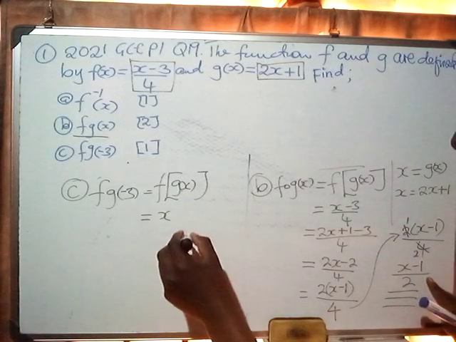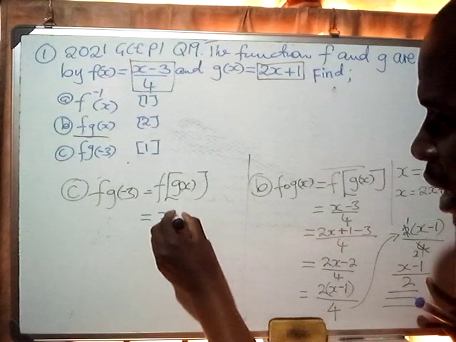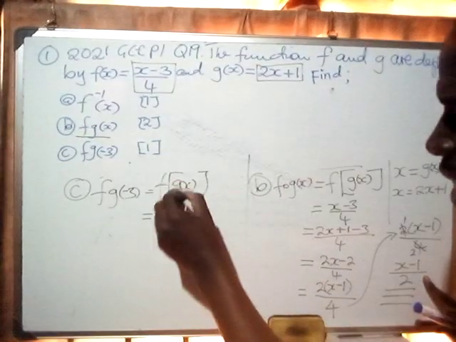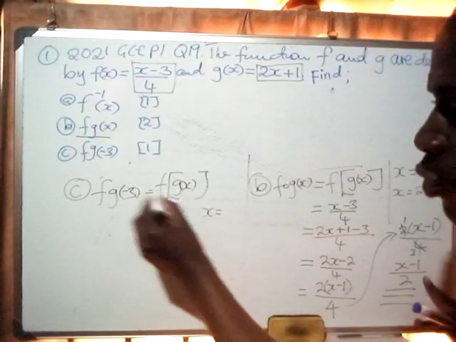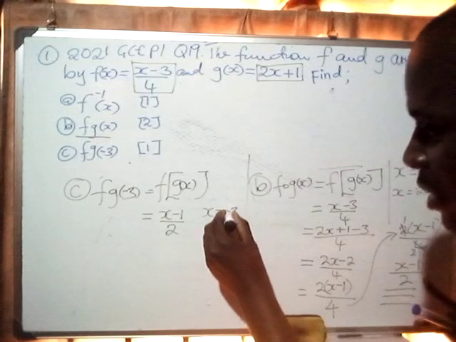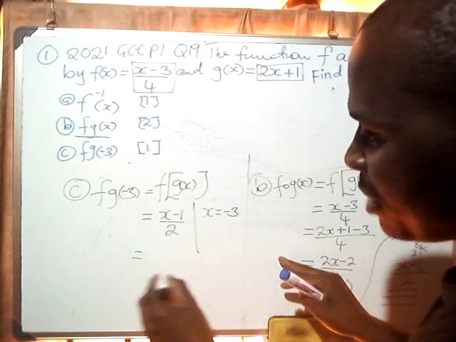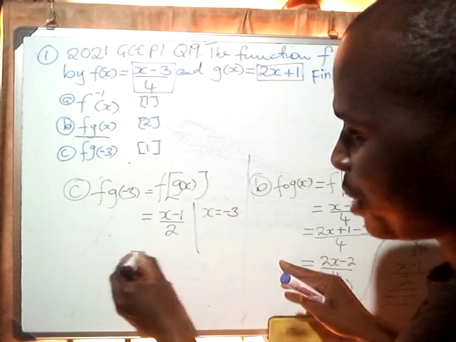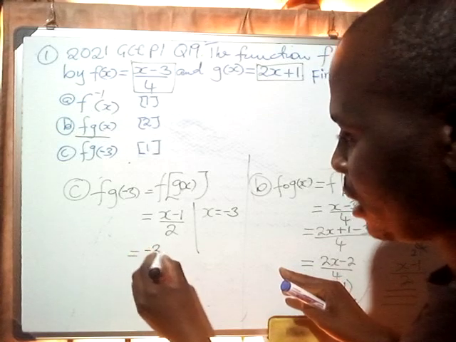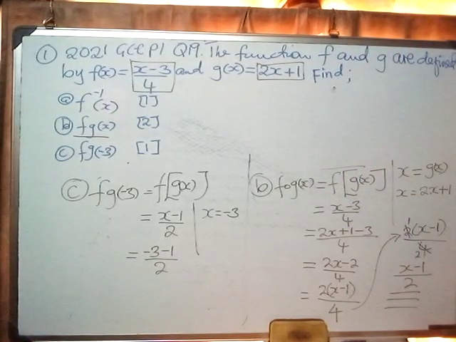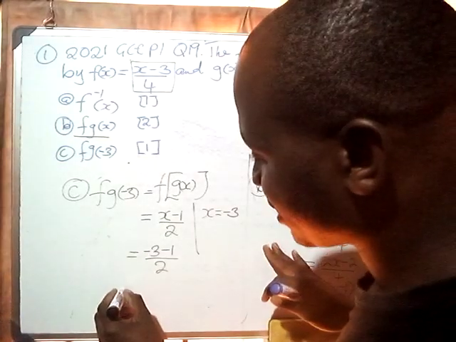f of g of x is (x minus 1) over 2. But where there is the x, we are now going to replace it with the negative 3. So this means that our next step will be (negative 3 minus 1) over 2. The question is, what is negative 3 minus 1 according to you? Definitely the answer